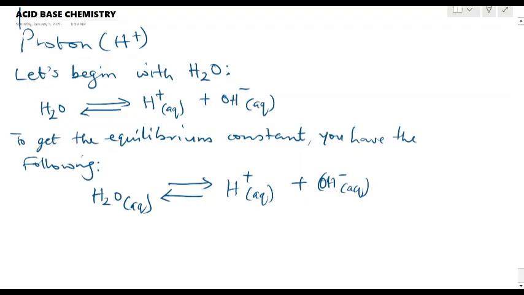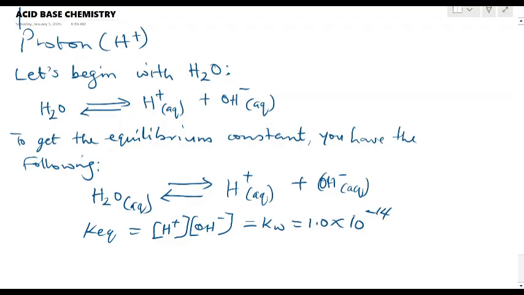That gives you an equilibrium constant, which is the concentration of the products of this reaction, H plus and OH minus, and that is equal to Kw, your water constant, which has a value of 1.0 times 10 raised to minus 14